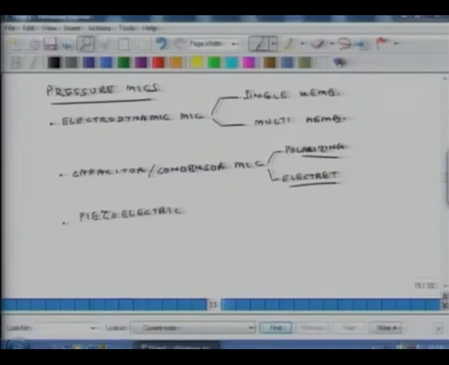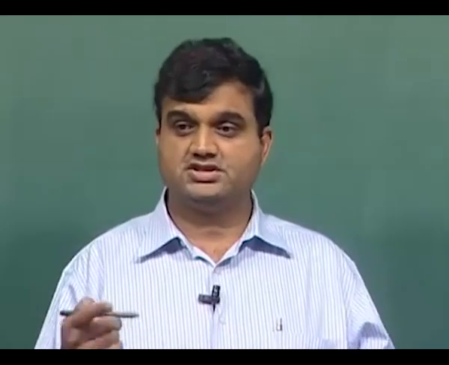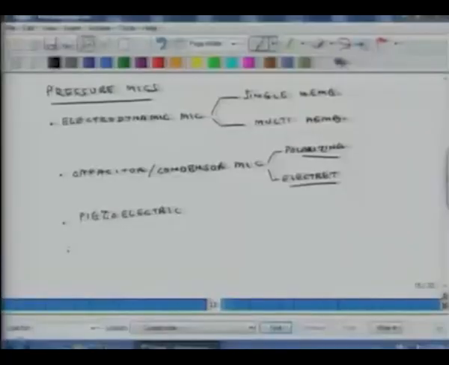Again, this is also a pressure mic, but what it does is it senses pressure. When pressure gets exerted, the crystal generates a voltage, that voltage is sensed. So that is the third category. The fourth one is carbon resistance. These are kind of obsolete now,